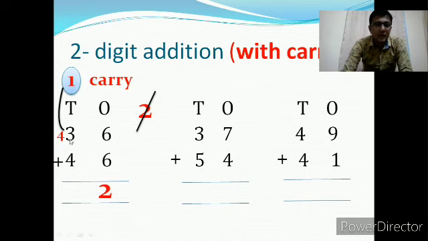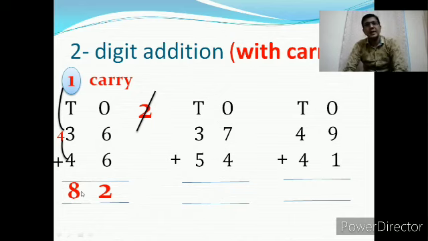and 3, I will get 4. I have to include this carry also in the addition. 1 plus 3, how much? 4. Again 4, below one more 4 is there. 4 plus 4, I have to add. 4 plus 4, how much? 8. So that means these 3 digits I have to include in the addition.